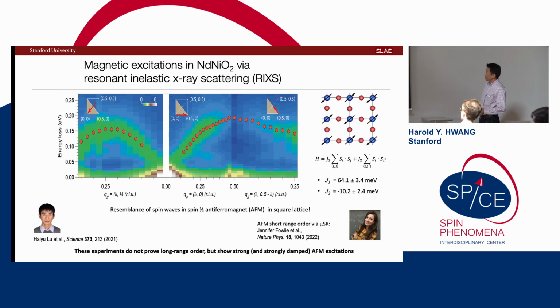The point being is we do indeed find fluctuation spectra that's strongly dispersive and looks exactly like what you would see for a spin 1/2 antiferromagnetic lattice. Right? And so here are parameters that we derive. And this is quite similar, typically, let's say, 30% down from the scales of J in the cuprate problem. Okay.